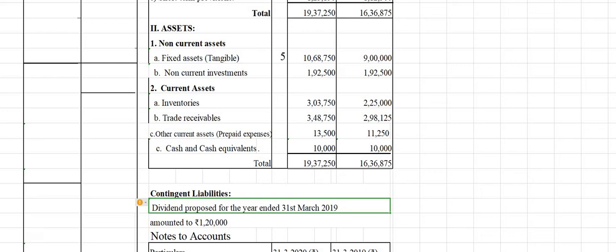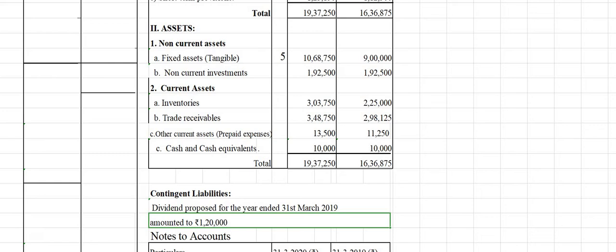Dividend proposed for the year ended 31st March 2019 amounted to rupees 1,20,000. So as per the new format, if proposed dividend is there, it will be given under the heading contingent liabilities. So that shows that this is the dividend proposed in the last year. Last year proposed dividend should be given this year. So last year proposed dividend, why it is not shown inside the balance sheet is that